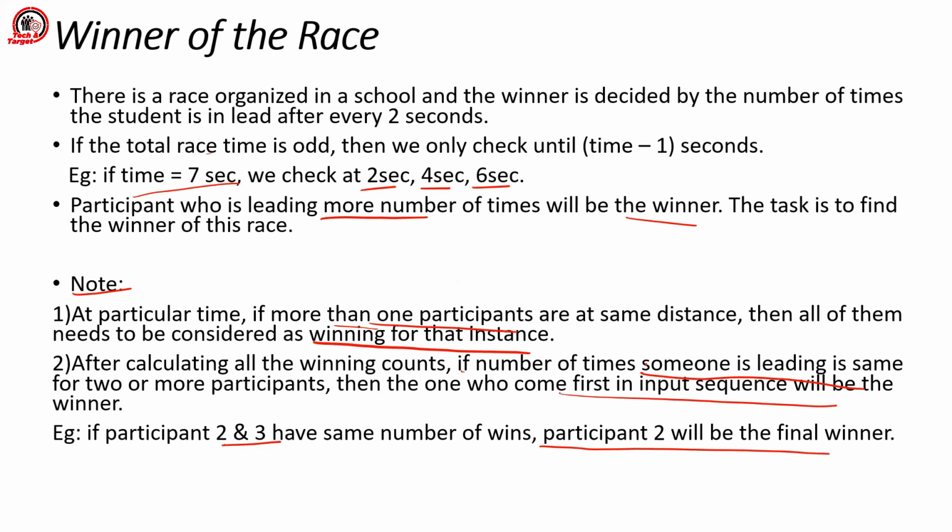So person 2 may also have led 2 times and person 3 may also have led 3 times. Now, if that is the case, in the input sequence the number 2 comes before 3, right? So in that case we will return 2. Or else, if we have a clear leader, if only one person has the maximum, then we will return